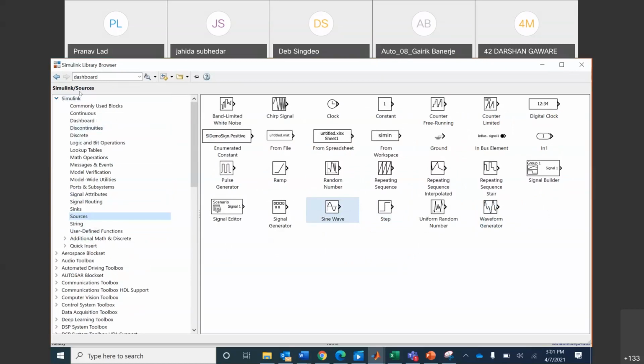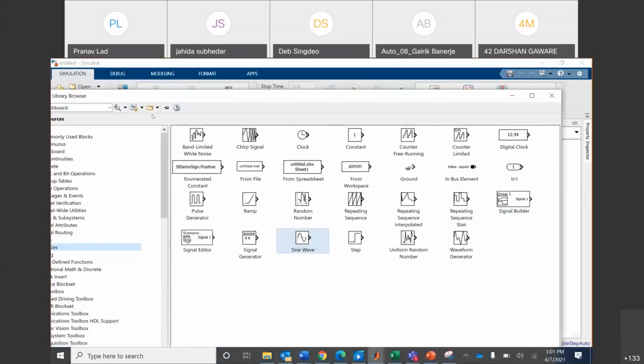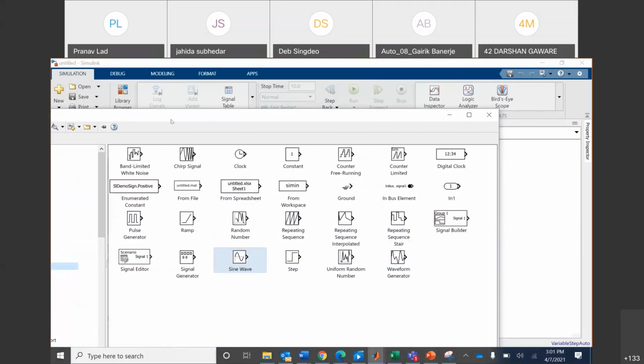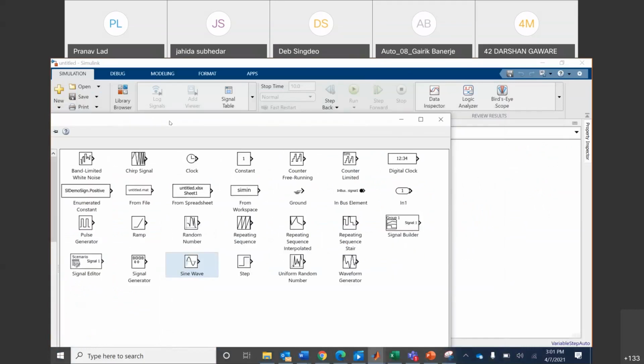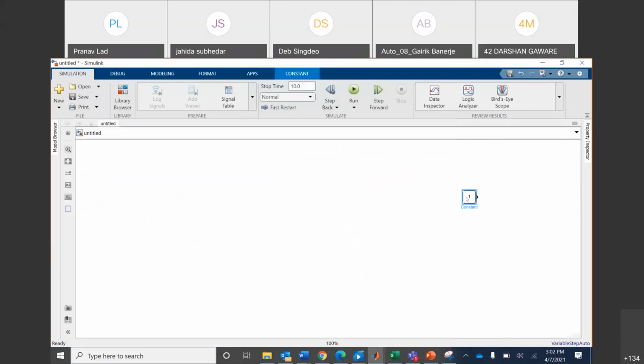I will show you how you can make use of this. For example, if I want to add two signals and see how those signals look. So for example, I take this constant block. What I'm doing is I'm just clicking and dragging it into our Simulink canvas. It appears over here. So this is one way you can take any of the blocks in the Simulink environment. The second way is I can just double click here and type the keyword constant, and I can just click, and the block appears over here, right? So now we have two constant blocks.